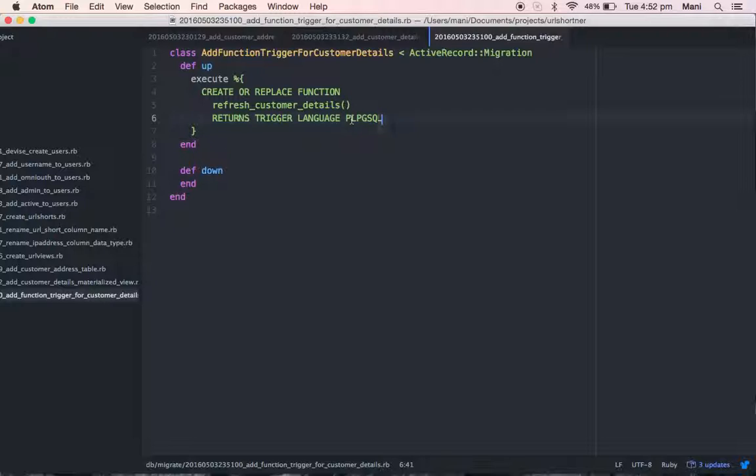I'm writing it here. Here I begin my function and end my function.